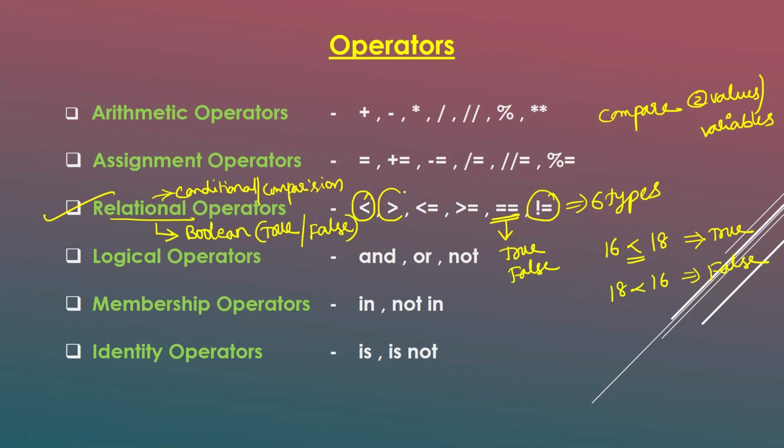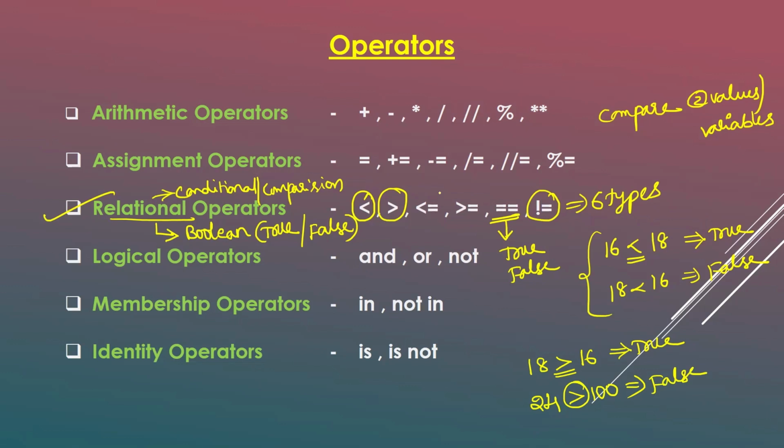And coming to one more operator, the greater than symbol. That means the left side value should be greater compared to the right side value. Then you make use of the greater than symbol, and the output will be true. If you write it like this, 24 is greater than 100, the left side value is not greater compared to the right side value, but you use the greater than symbol. That time it returns the output as false.